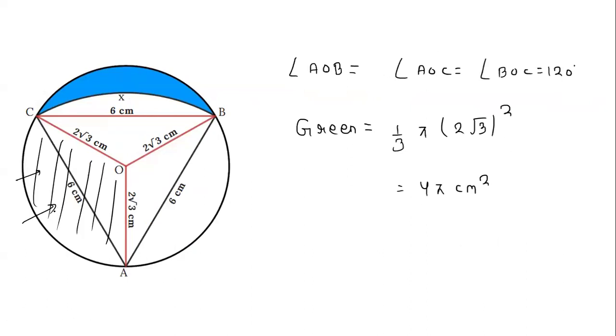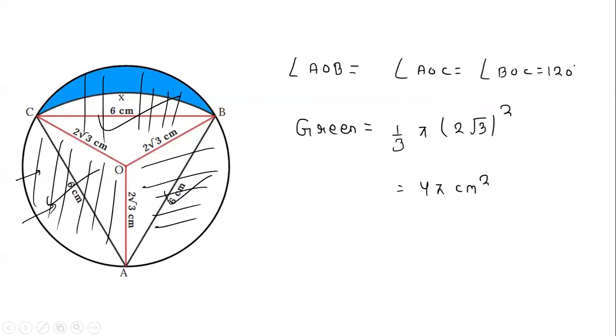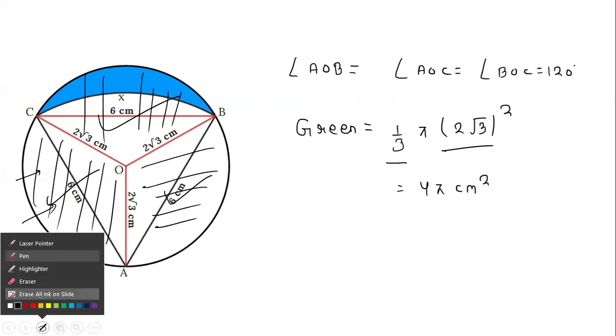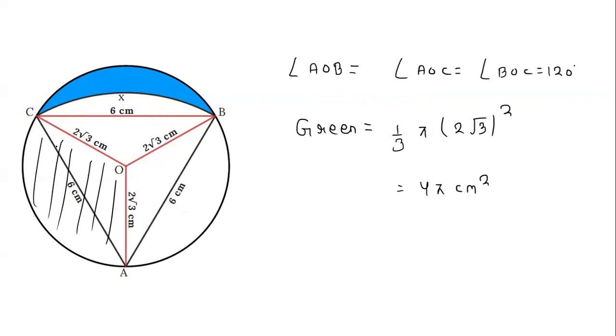So you can easily find that because this circle is divided into three parts equally. All these parts, like this and this, all three parts are the same, and this is simply 1/3 of the whole circle area. Because we know this angle is 30 degrees, this angle is 30 degrees, and this angle is 120 degrees, we can easily find out for the equilateral triangle this angle is also 120 degrees and this angle is also 120 degrees.